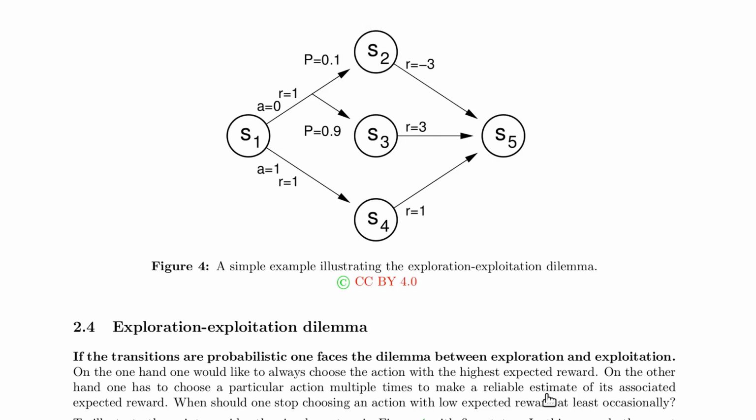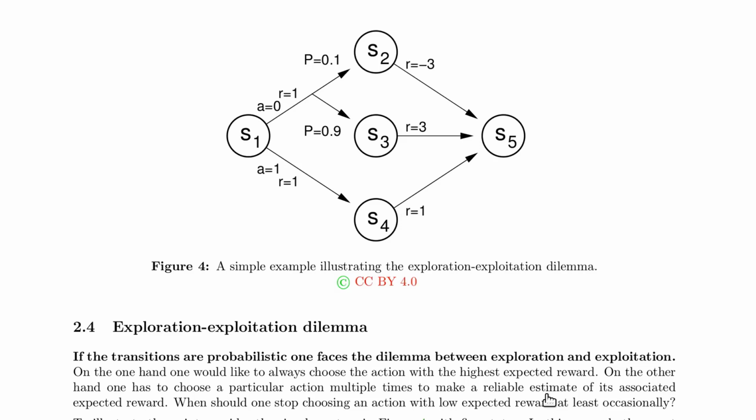Now, if you have a probabilistic system, so if the transitions are not deterministic, you have a trade-off between exploration and exploitation. Yeah? Exploration means you try different things, right? So if you're in a state and you have 3 possible actions, you try all of them out in order to figure out, okay, what will be the expected reward if you take that action. Exploitation means if you've learned already something about the payoffs of the actions in that state, then you should take the action that promises the largest payoff, right? So that would be exploiting what you have learned already. And this is a trade-off because